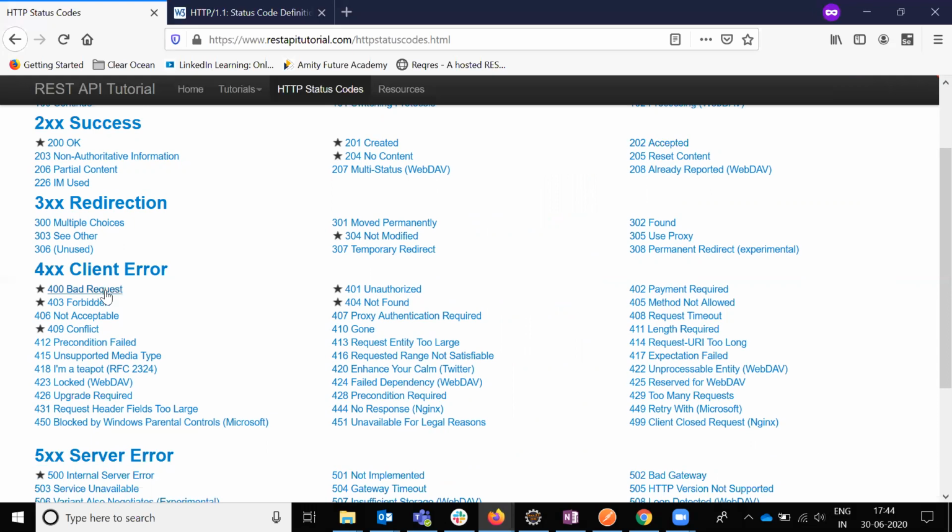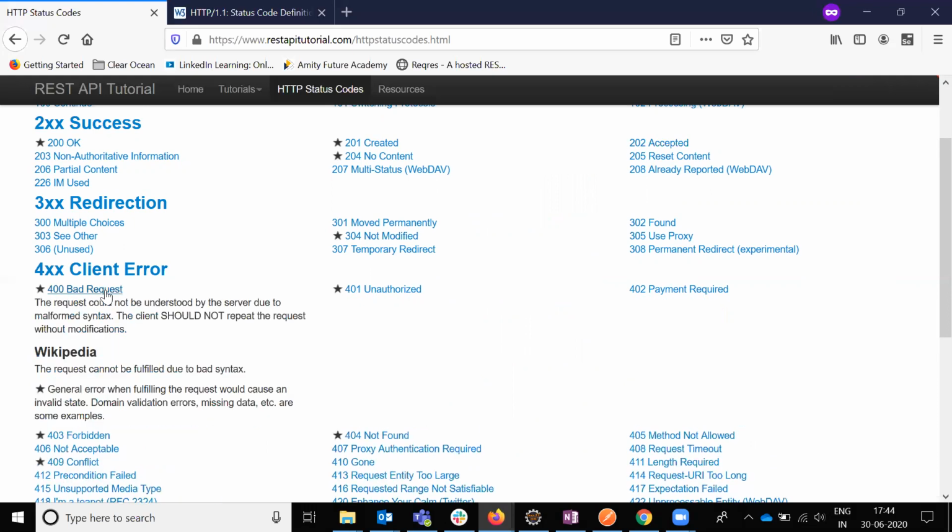Okay, 400 bad request. See, for example, you are using one URL that has one ID, and that ID is not present in the database. That time you will get the bad request.